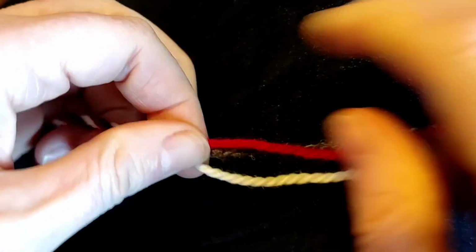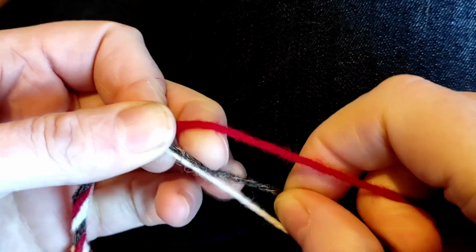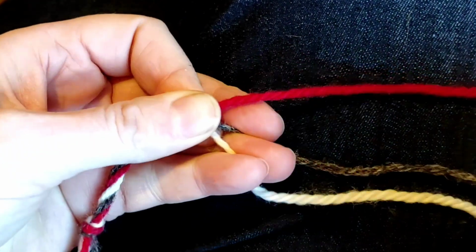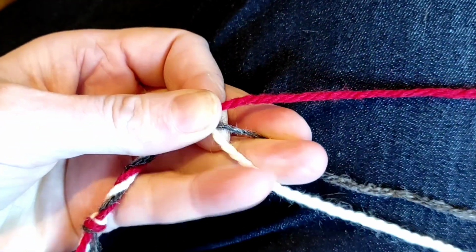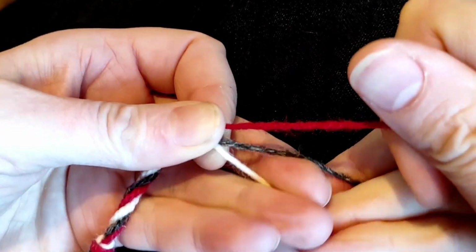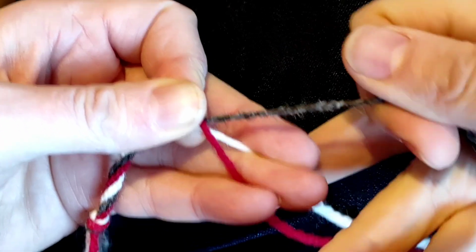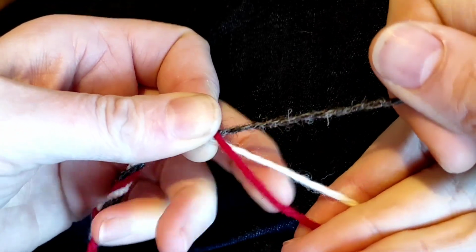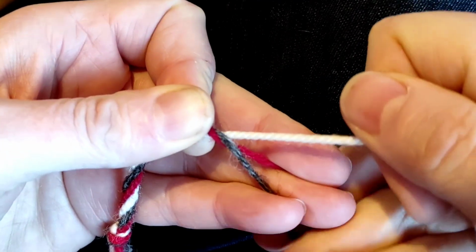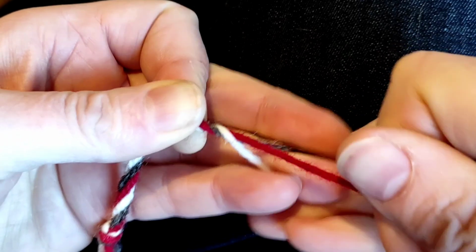Now, if that's fiddly on the fingers, what you could try is using a couple of fingers as separators. So if you use a couple of fingers as separators, twist away, grab the bottom, move those up, bring that down. Twist away, grab the bottom, move those up, bring that down. I think that's a little bit slower, but you know, it doesn't matter if it helps you keep track of what's going on,